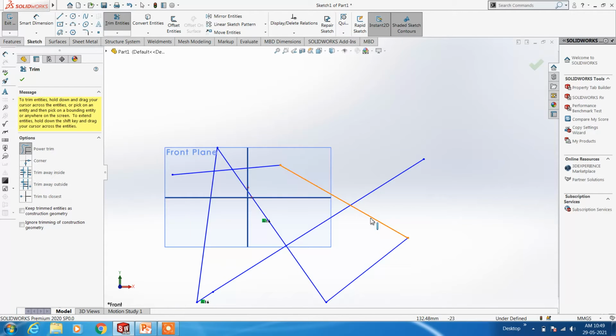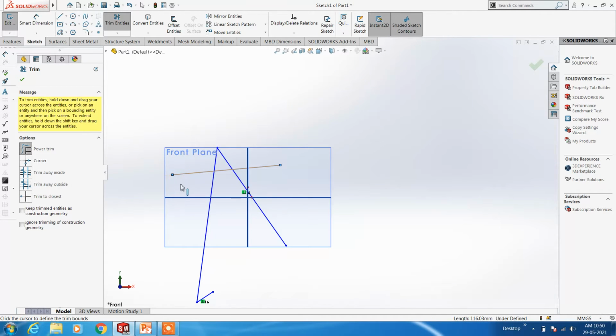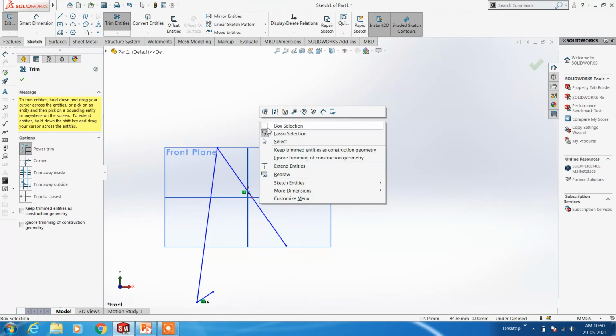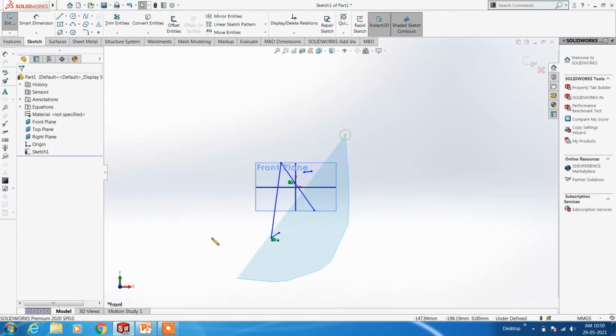Likewise you can untrim also. So power trim means wherever you are scribbling, the extra line will be deleted. You can also just click the line. This one is power trim.